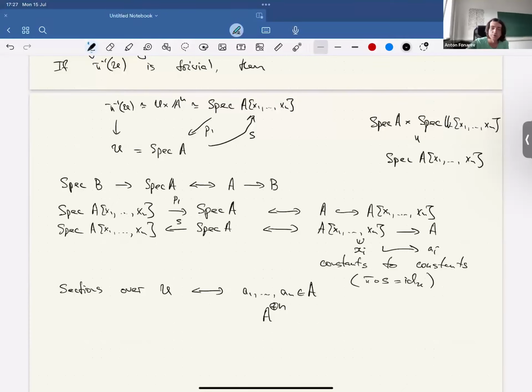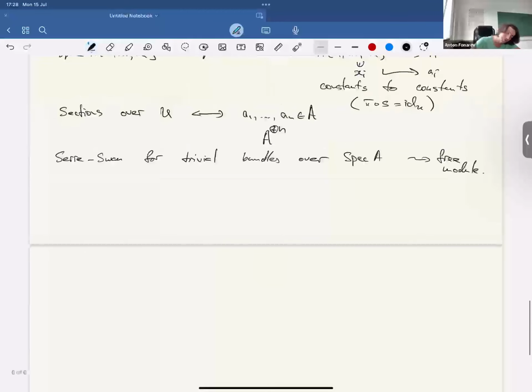So what we've recovered is that Serre-Swan for trivial bundles over spec of A kind of holds. So every trivial bundle, you associate a free module. So of course, sections. Now the next step is, what we've recovered is sections form a sheaf of modules